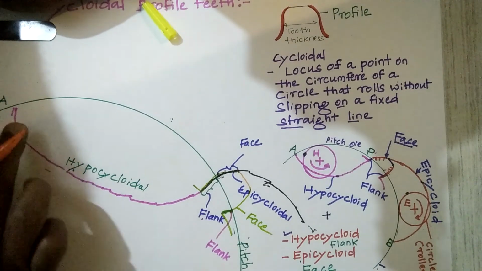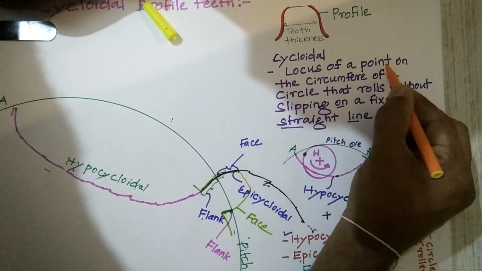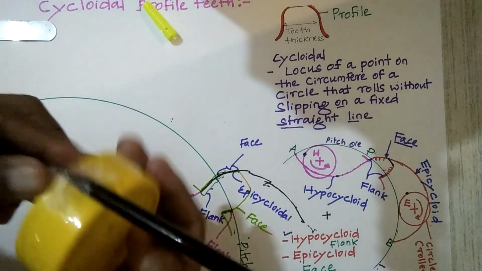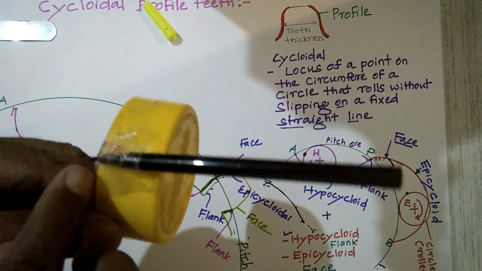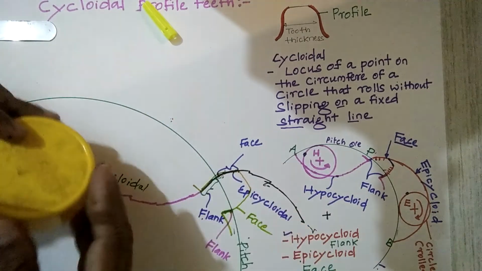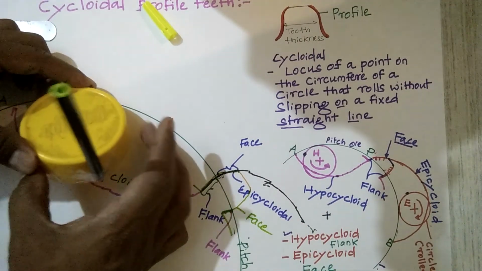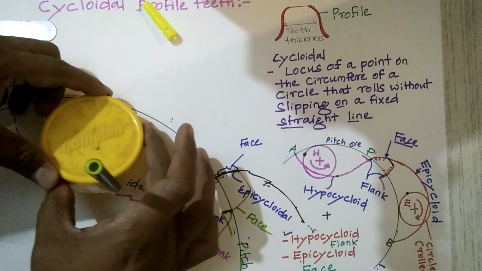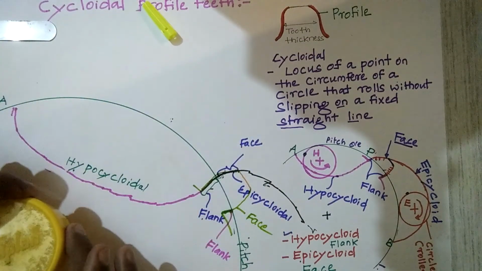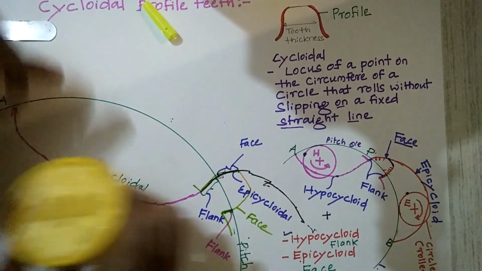Okay, just only, what is that? Locus of a point means this is nothing but the locus of a point, whatever the point traced by this one. Without slipping means sometimes here it only slips. Continuously it has to move properly. That is nothing but without slipping. Okay, I hope that you got it.